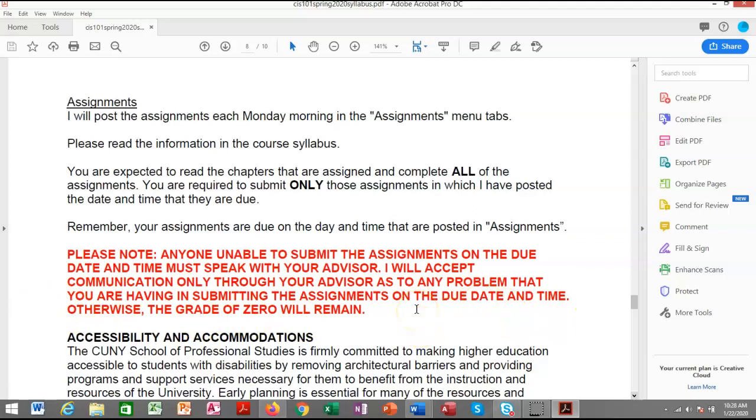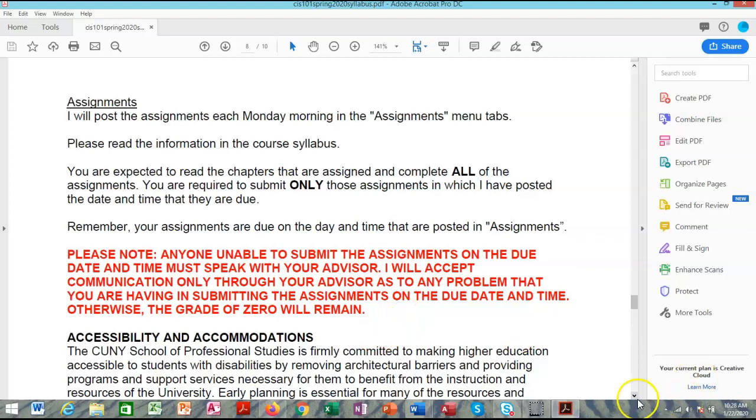It's very important. I want you to keep in touch with your advisor. Sometimes it's a little more serious than just forgetting an assignment. Sometimes you might be feeling overwhelmed and you really need to speak with the advisor. The advisor will let me know if this is a serious issue. They're certainly not going to tell me what the issues are. That is not my purview. I have nothing to do with your personal issues because I can't solve them. The advisor will apprise me that there's a serious issue or that the student just needs to talk to me.